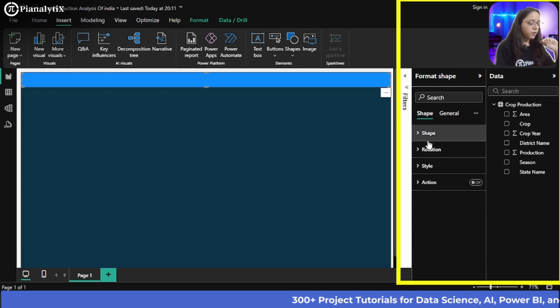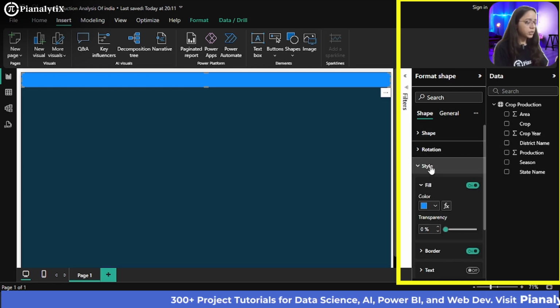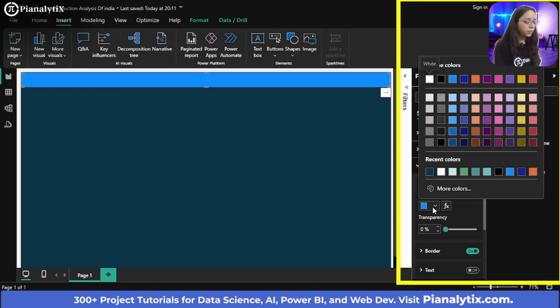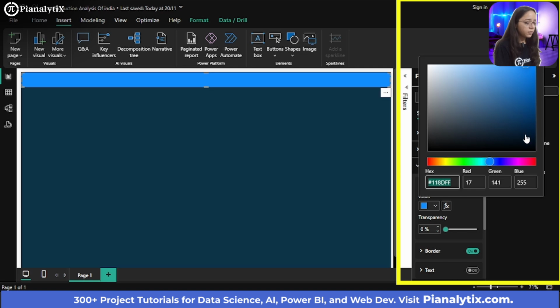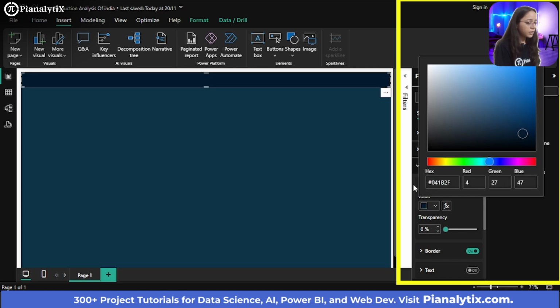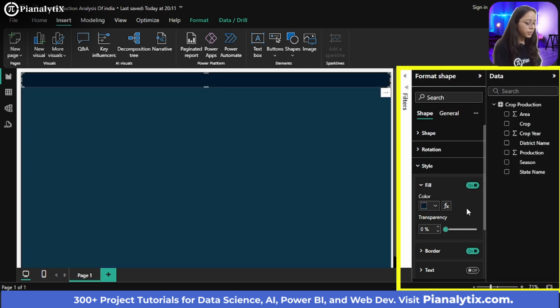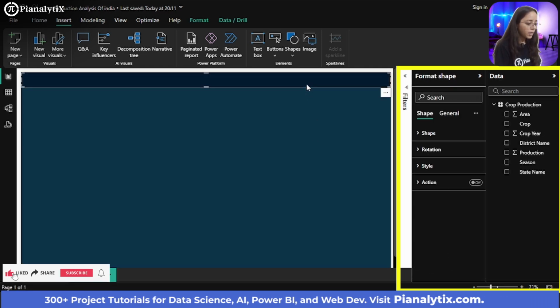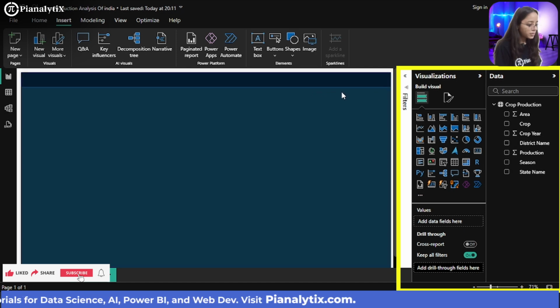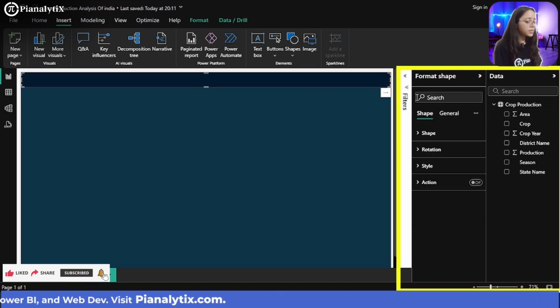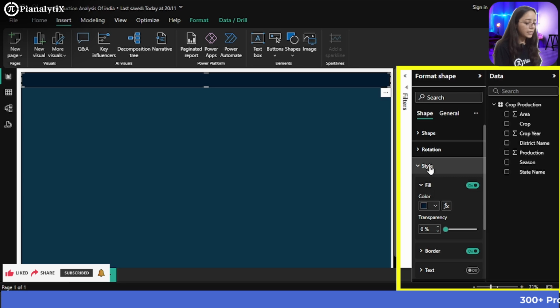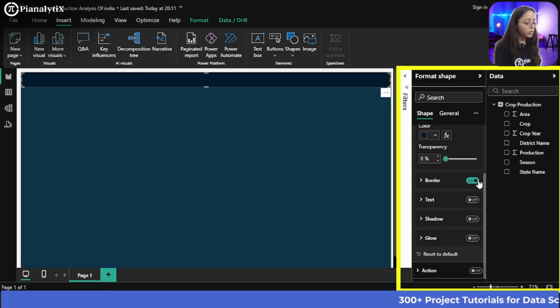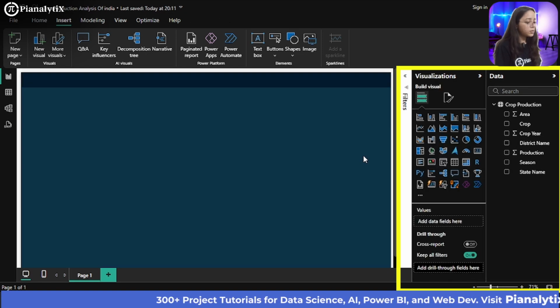Now if I want to work on the style option, I can change the style here. For example, this color is currently blue, which does not really complement the color. So I'm just going to go with some other color. Yeah, this actually has a contrast. You can see these borders are there which are not looking great. So I can again select the shape, go to the style section drop down, and either choose a border or simply switch off my borders. And now this will be gone.